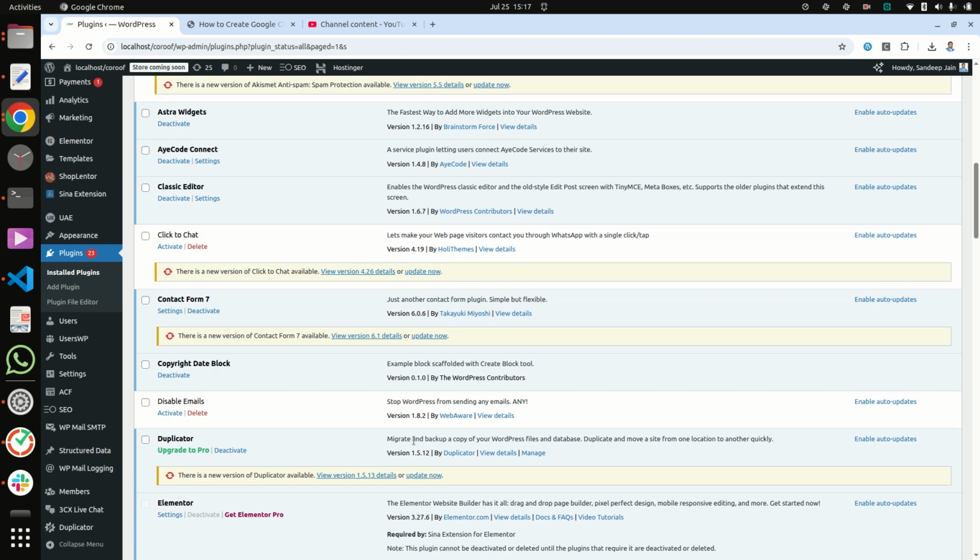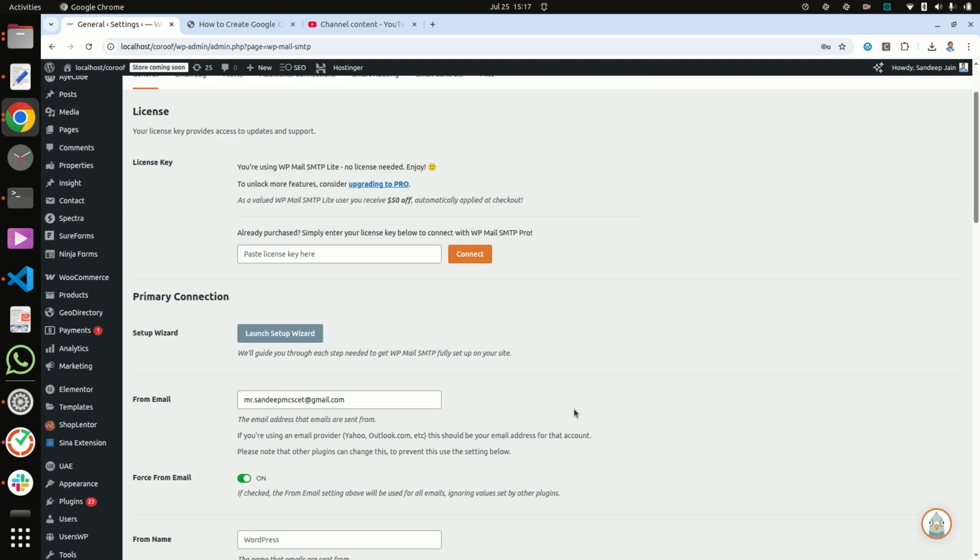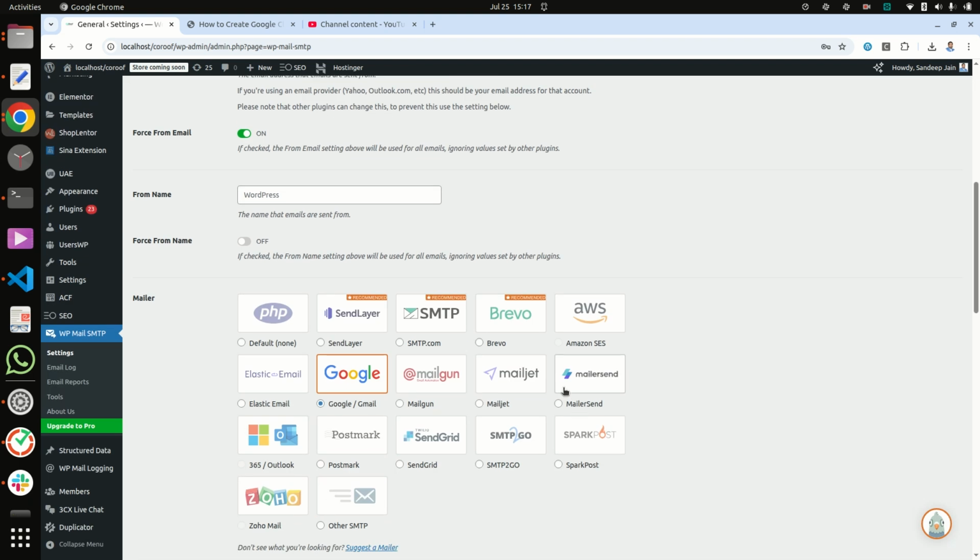Now go to your mail setting, WP Mail SMTP setting, and here you can see there are lots of mailer options available.